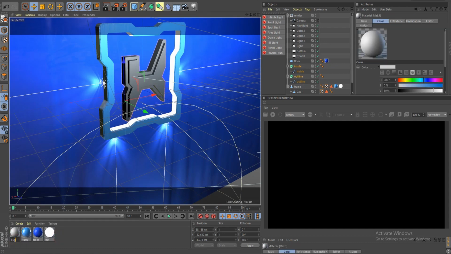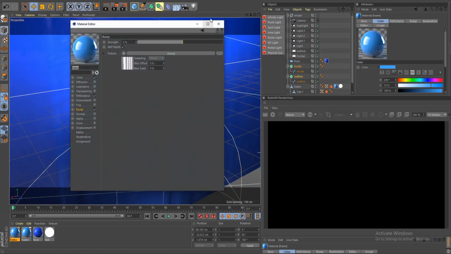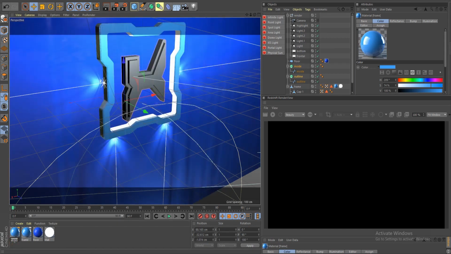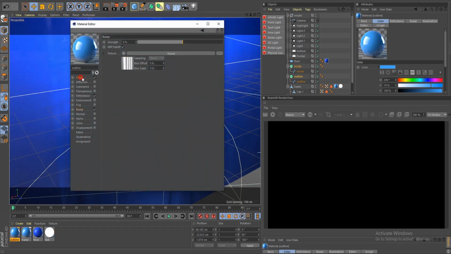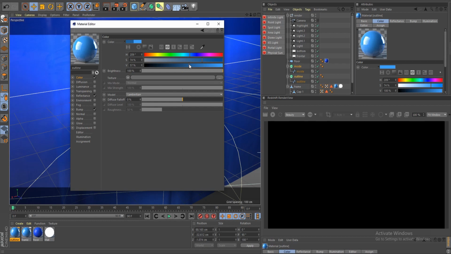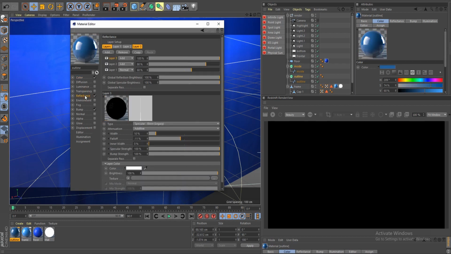Let's rename this outline. And actually what we can do is take the same frame material. I just hold control and copy it. And in here, we'll rename this outline. We'll take the color and make it darker, so maybe 60% of the same color. And for the reflectance,